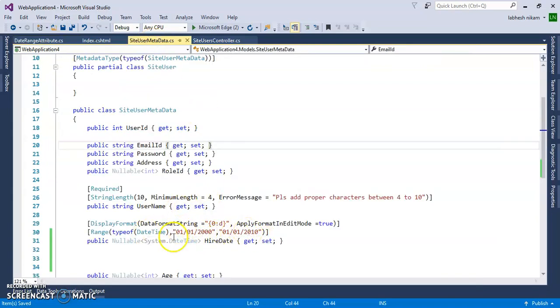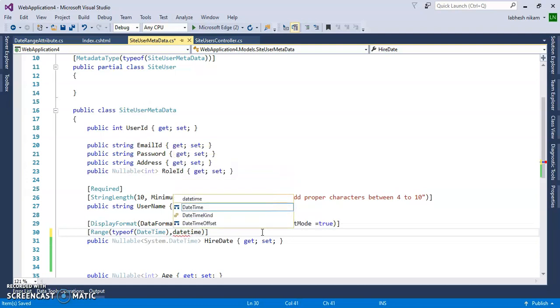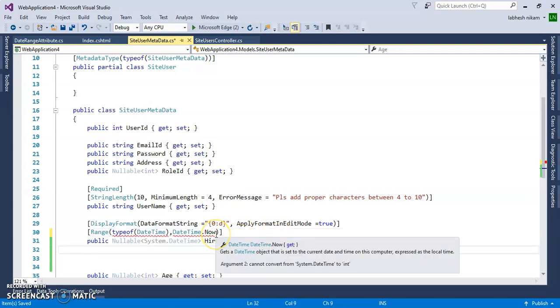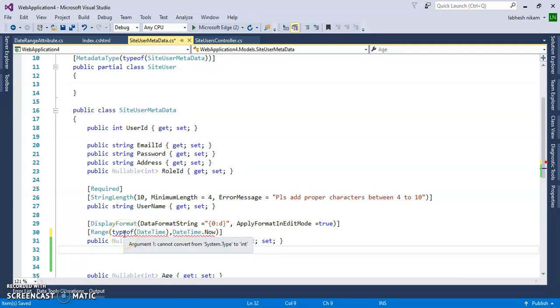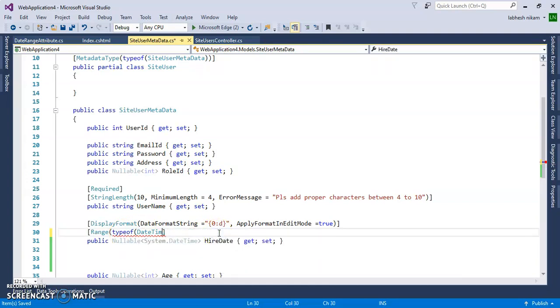In place of this ToDate I want to use today's date, so DateTime.Now, but it gives us an error. If I pass this, it also gives us an error. So in place of this, I will pass the DateRangeAttribute, the class I have created.